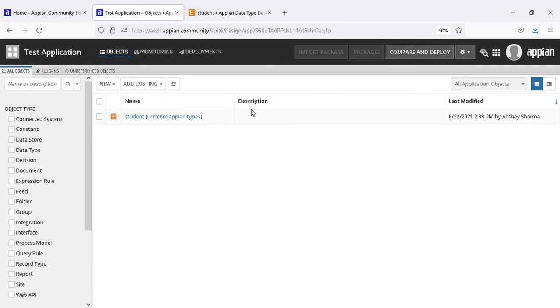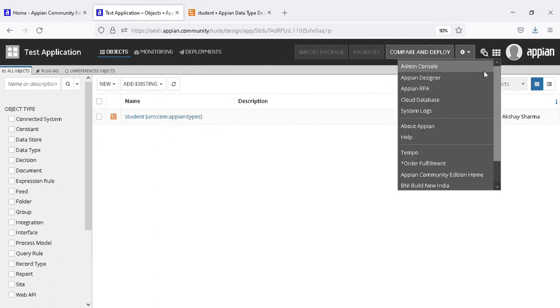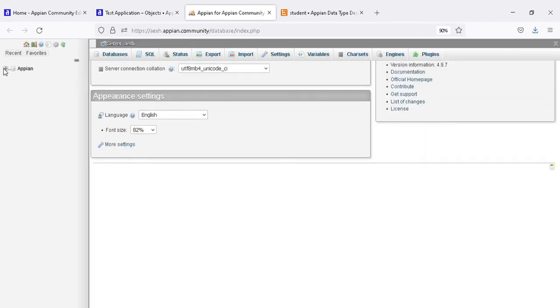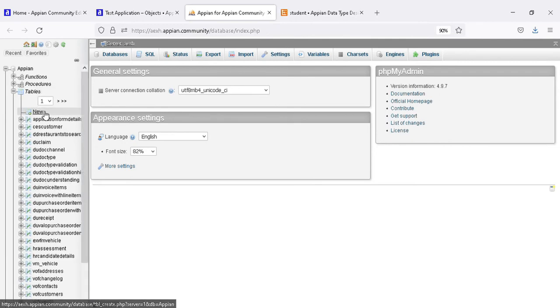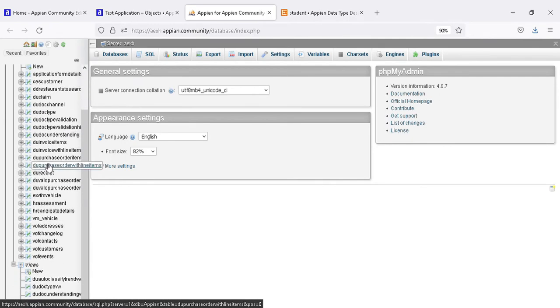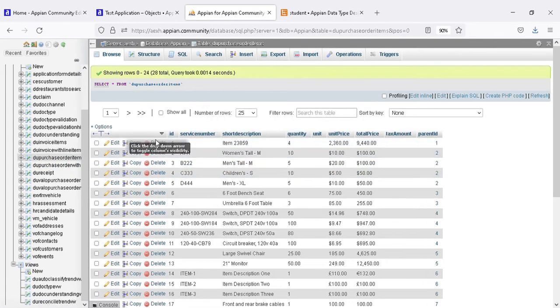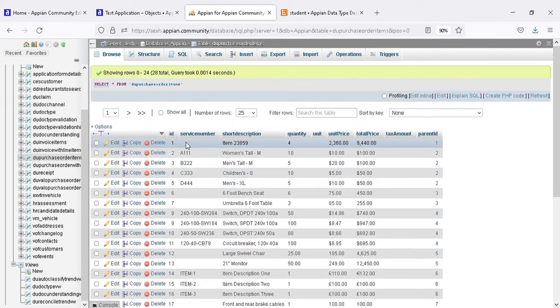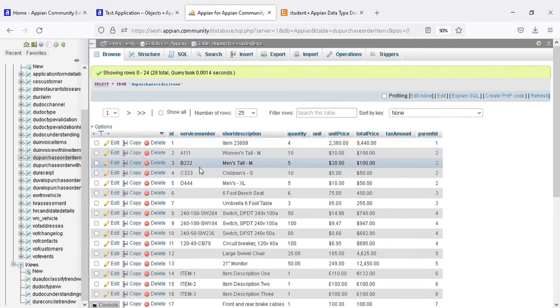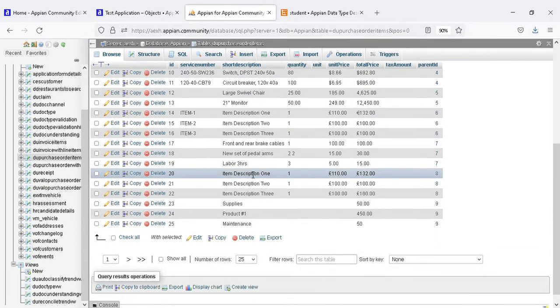Let's go through the cloud database. What the cloud database in this APN contains is all the fields, all the tables, all the views, everything. You can see there are some pre-built tables. Let's open this. If you already know SQL and how SQL works, then the database is not a big deal for you. But if you don't know how to work with a database using SQL, then you need to learn the SQL queries and everything.